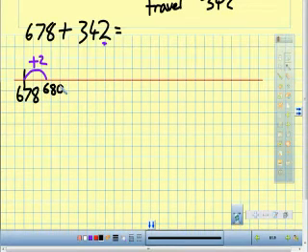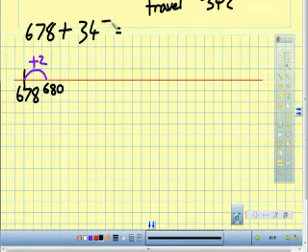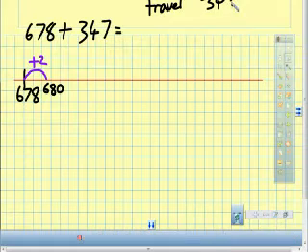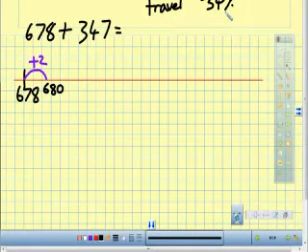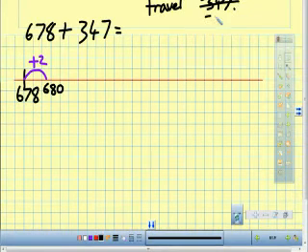Just to show you, I'm going to change that number to a 7, but I'm still only going to jump up 2 rather than 7 because it's logical. It takes me to 680. Now remember, I have to take that off of there,